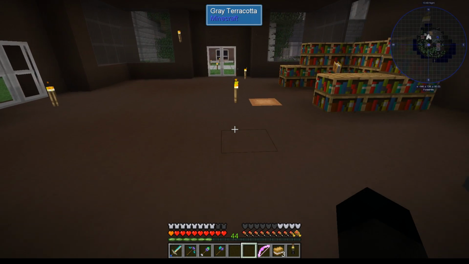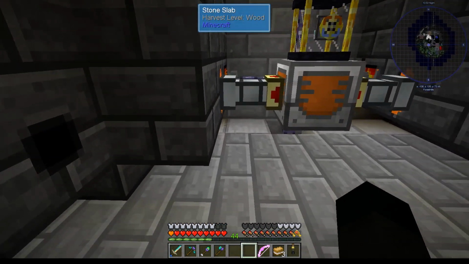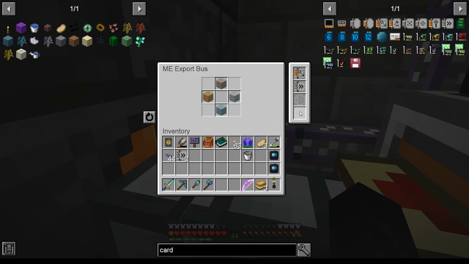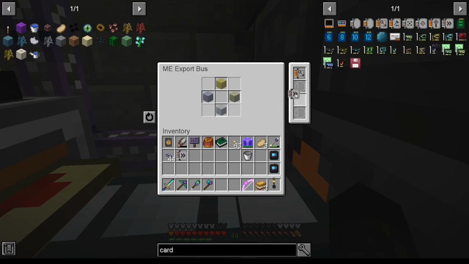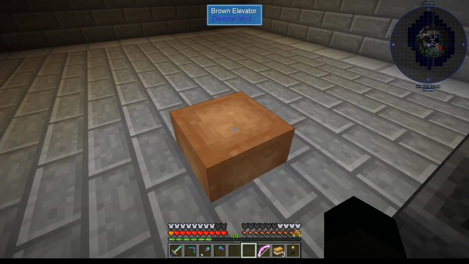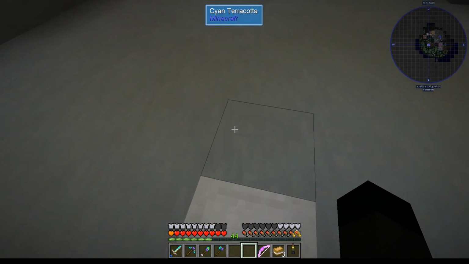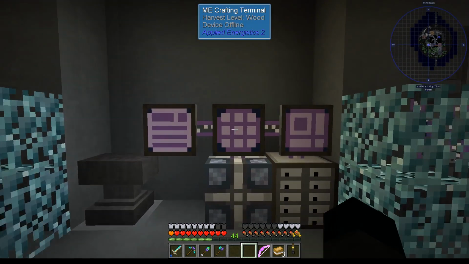So let's go and just finish that bit off. If I were to go to you, you've got a capacity card. You may have, I see, I can put 3 acceleration cards in. I think 3 would be over the top. Let's just put 1 into each for the time being. And then what we shall do is we shall... I'm going to make some lead. What have we got? Tin and gold. Let's just make...